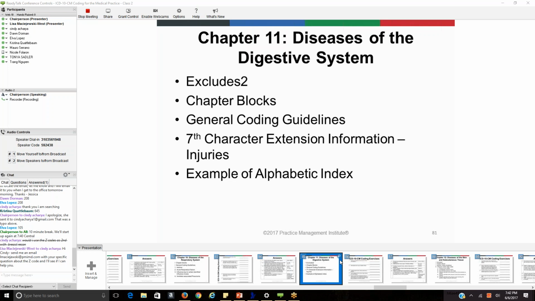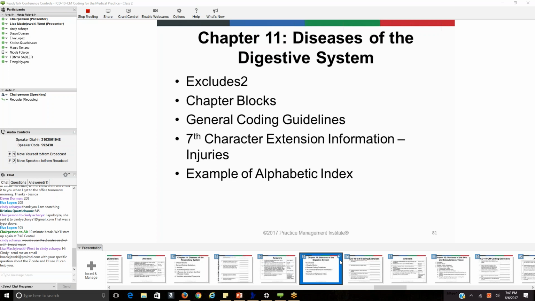The clinician and the coder will see instructions that may instruct you to use an additional code to identify alcohol abuse and dependence, or to identify the external cause or the status of their dentures. And there are also seventh character extensions that affect the gastroenterology portion,